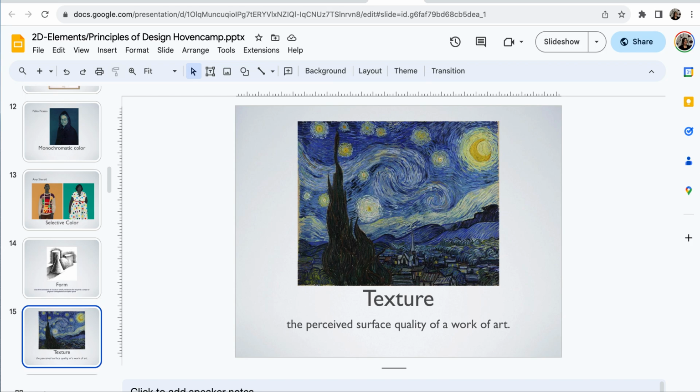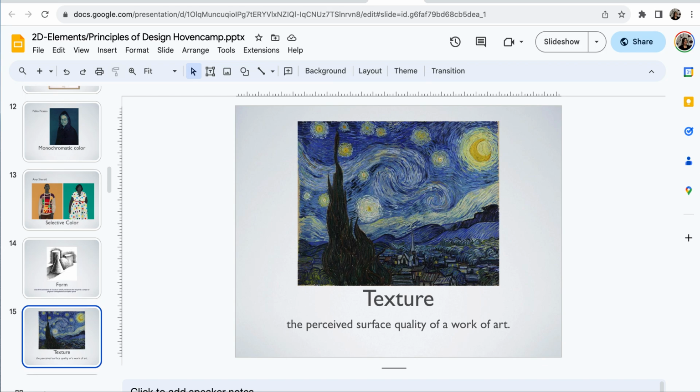It's really thick when you see it. In fact, there's a theory that the paint's so thick that it's still wet in some layers underneath after all these years of it being in existence. So Van Gogh's a really good one for texture use as far as creating something that has a lot of